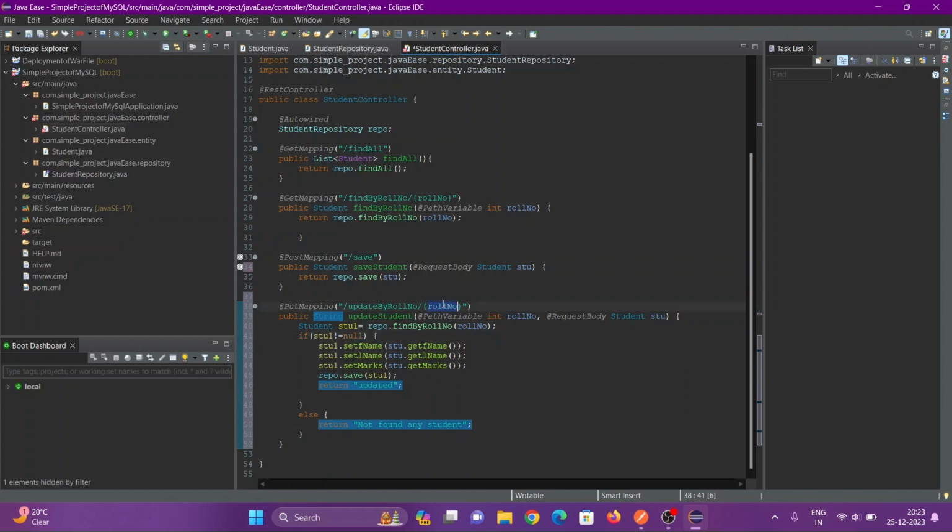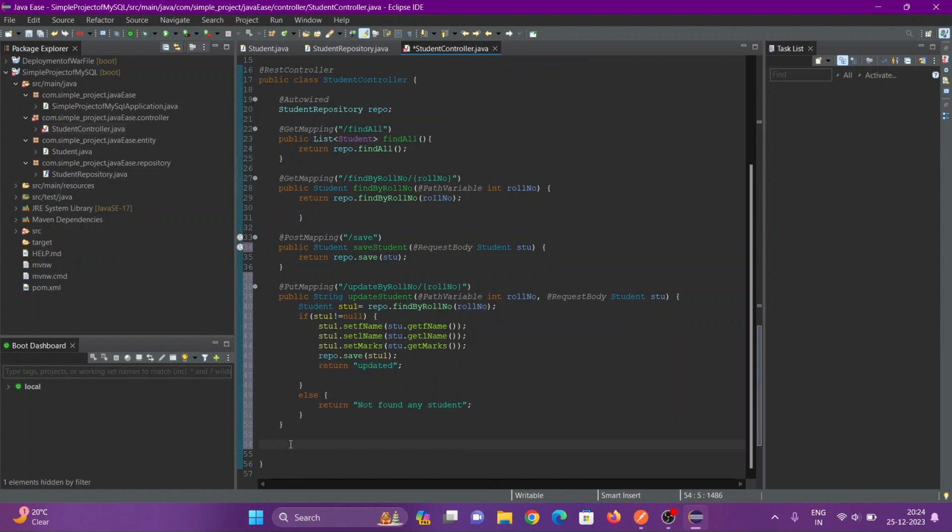For example, if roll number equal to 5 exists in database, then it will find. If roll number 5 does not exist, then it will return not found any student. Okay,